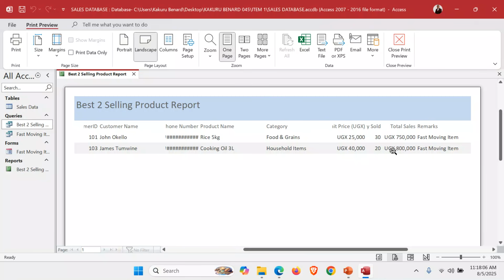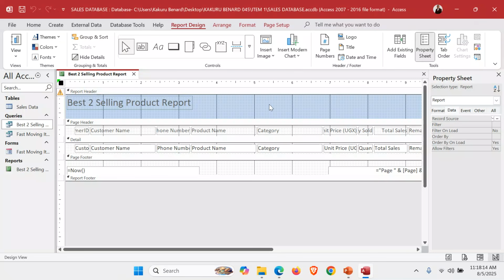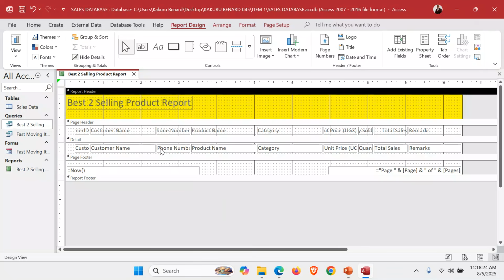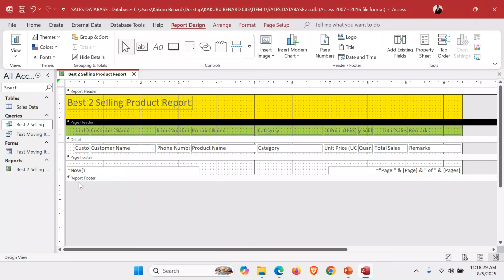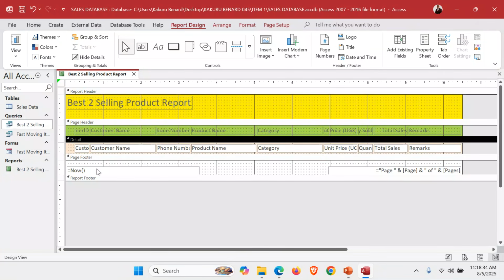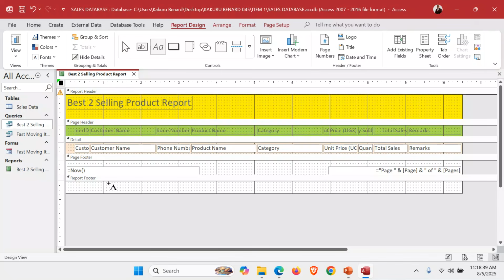Now, once your report is done, you are seeing some hash. Other fields are smaller. Make sure you modify it, format it, and edit that form. Cross print preview. So one can think of reducing some fields to ensure that data is fitting. So we can begin by putting at least a background color. I also come here, I right click, I put a color, I right click here, I use the existing colors. Form footer, here I create space, pick a label, and write there your names, KAKURU BENARD